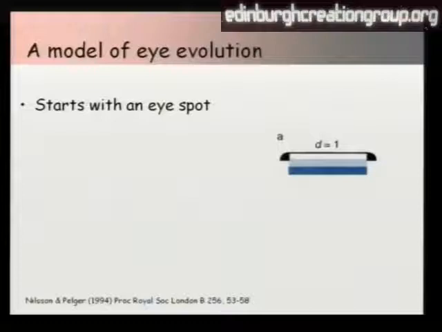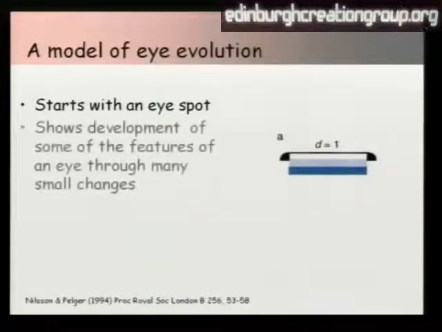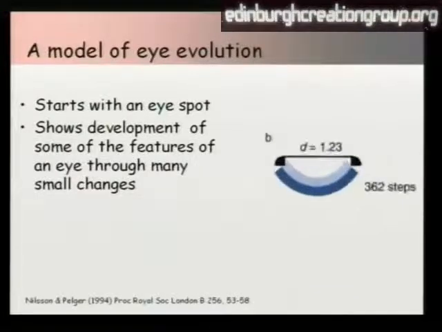In his theory of evolution, produce a very complicated eye like the eye that we have. So they gradually evolved the eye by adding small different features through many small changes. And they go through many steps. Here we have 362 steps from the eye spot to a slightly more advanced eye where you've got a depression which gives you